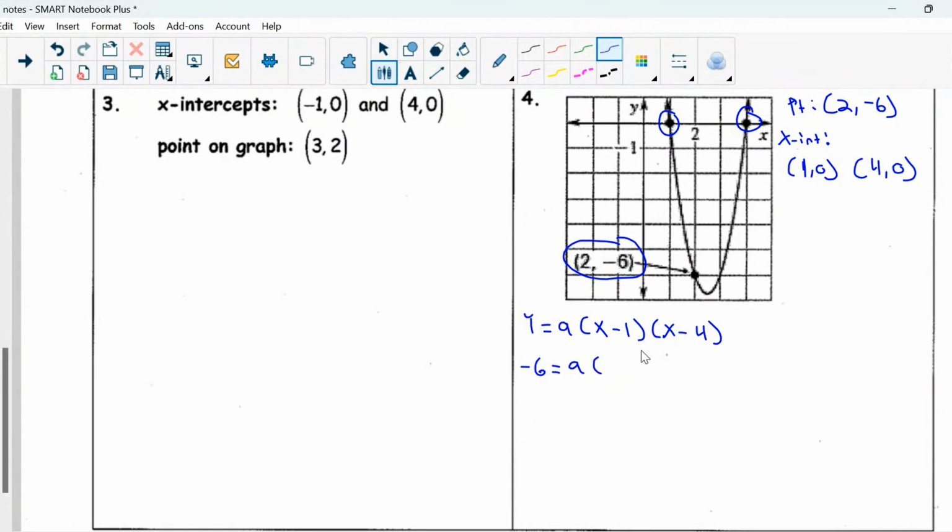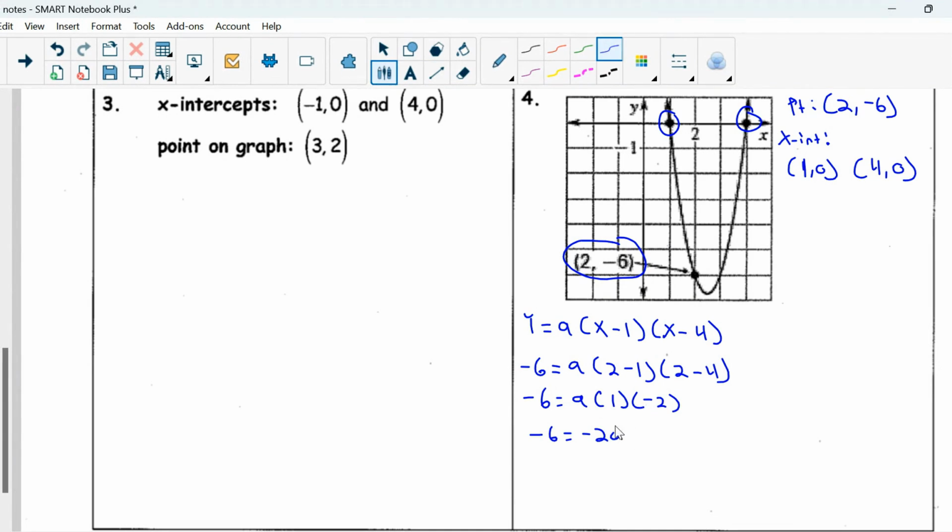A times my x value, which is 2, minus 1, times my x value, 2 minus 4. And then let's simplify. So we've got negative 6 equals A times 2 minus 1, which is 1, times 2 minus 4, which is negative 2. So that gives me negative 6 equals